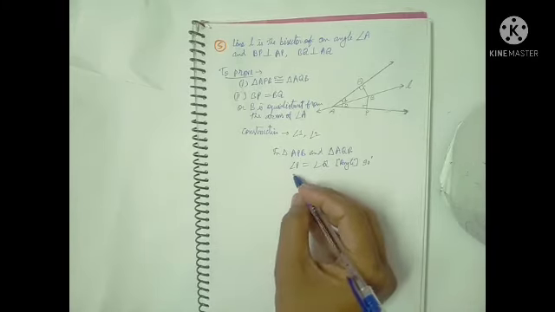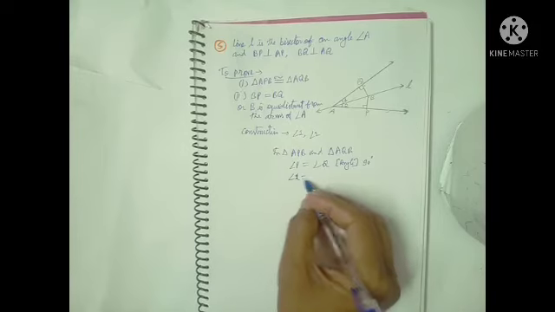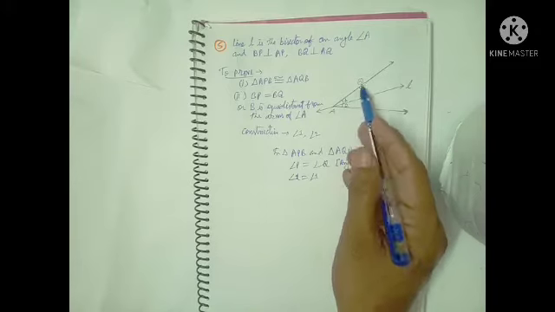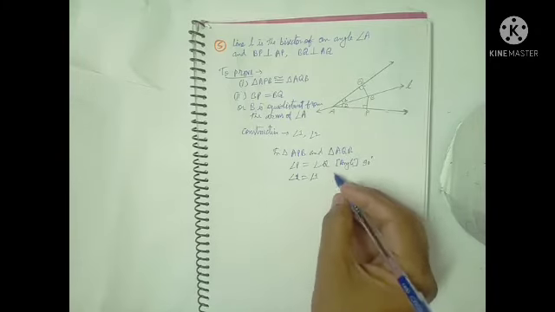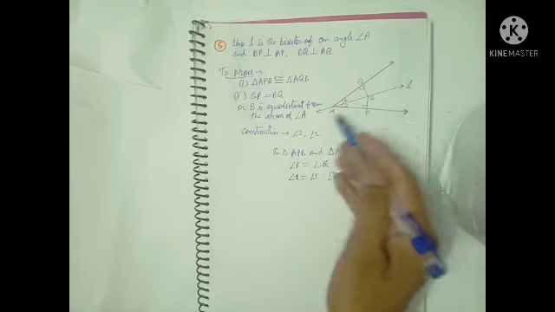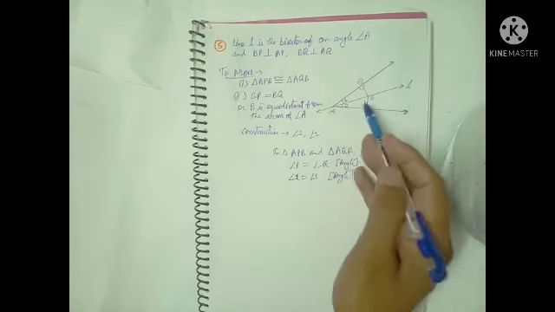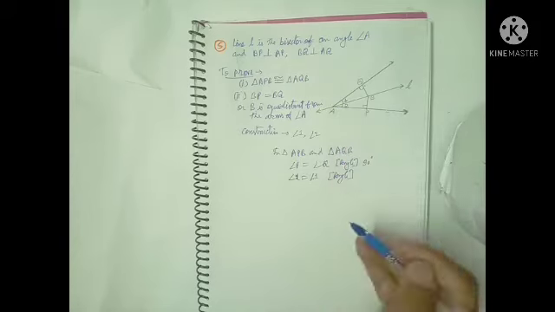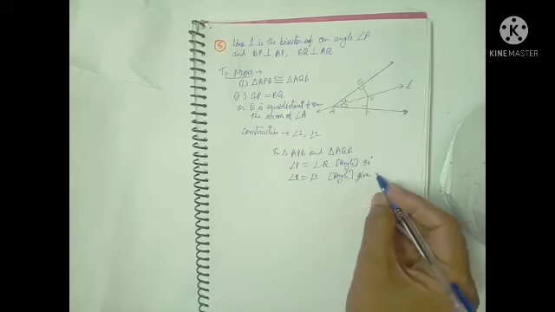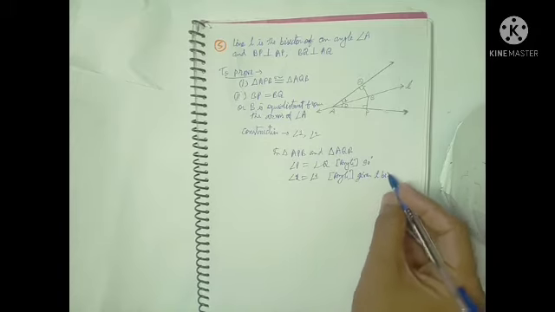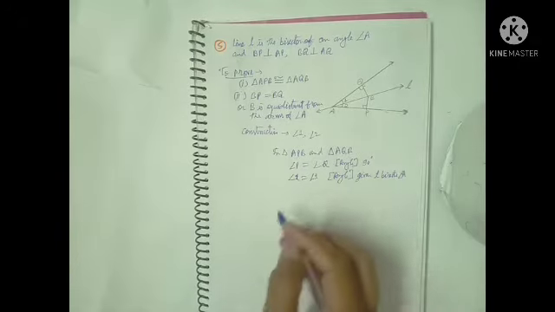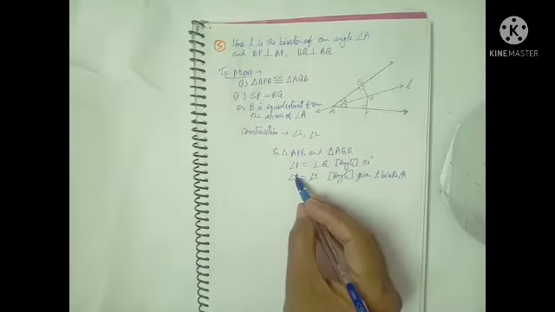Then angle 2 is equal to angle 1. Angle 2 means this angle 2 in this triangle APB, and angle 1 in this. Angle 2 equal to angle 1. This is also an angle. Why are they equal? It is given that line L bisects angle A. Write down the reason given: L bisects angle A, because line L bisects angle A, that's why. So angle 2 equal to angle 1, it is given.